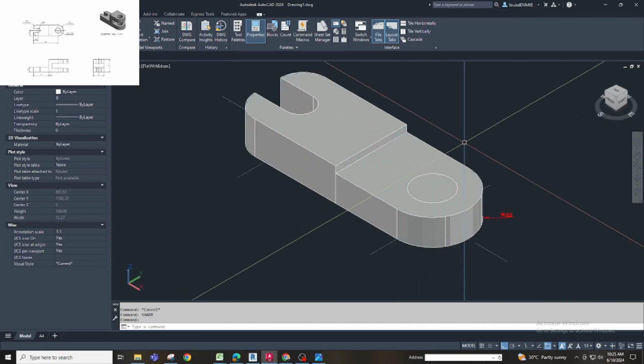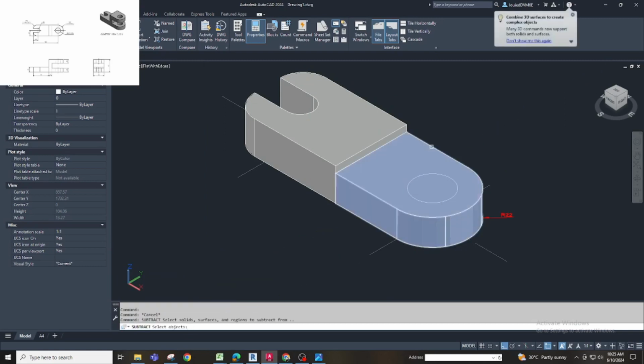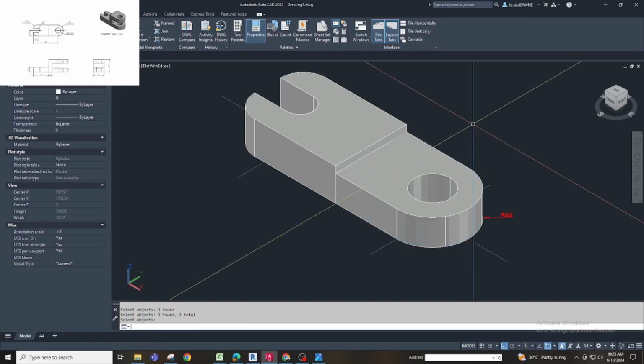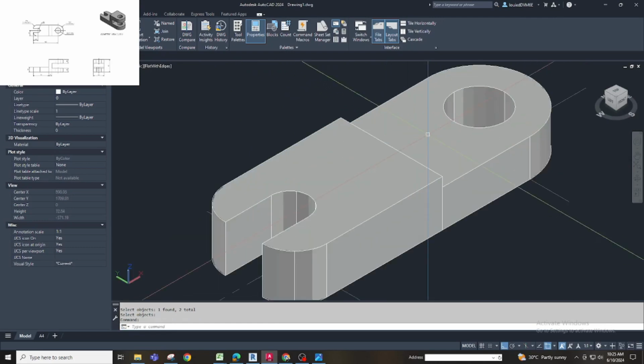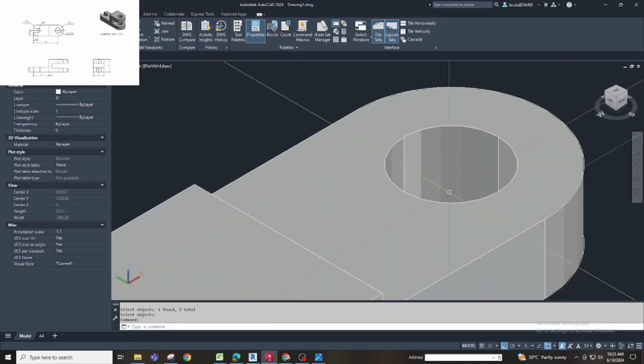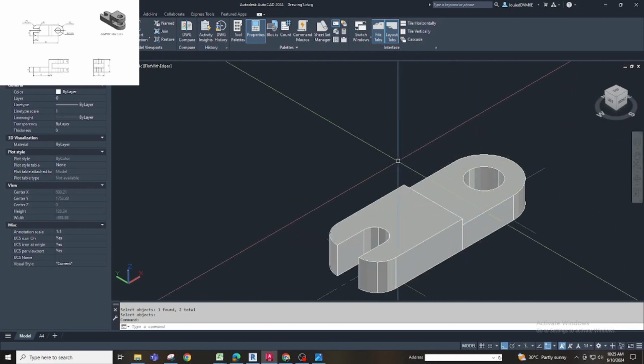So what you are going to do is use the command subtract, or SU, then pick this solid model, enter, and subtract this one. Now you have a circular hole subtracted in this part.